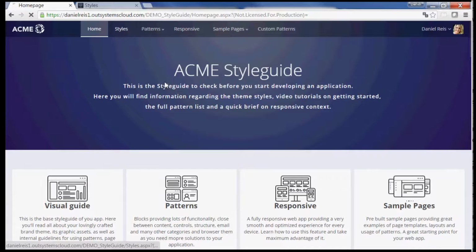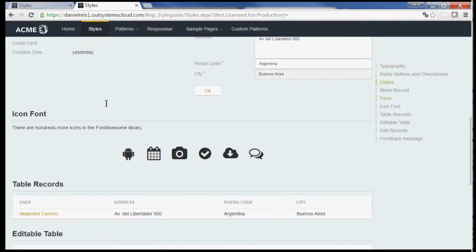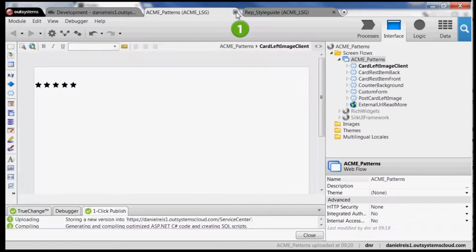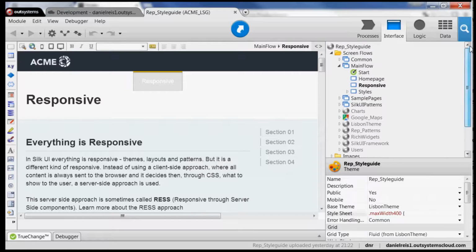So as you can see, they have the same structure but different style applied. So you are going to change that, of course. So first thing, inside this style guide already made with this structure, you will have something like this, because after this you could download the old Acme application from the Forge, and